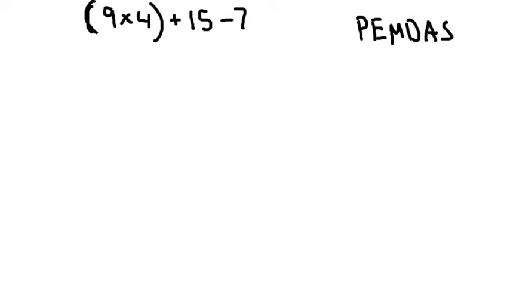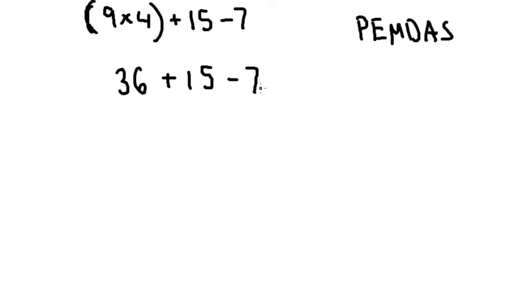Okay. Oh, that was much better. This one's actually harder. Okay. Cool. So we start with what's in the parentheses because parentheses comes first. So what's in the parentheses is 9 times 4. 9 times 4 is 36. So we can bring that down. And once we've simplified what is inside of parentheses to one number, we don't have to write that parentheses anymore. So that comes down as 36, and then plus 15